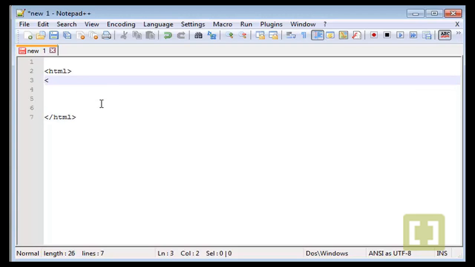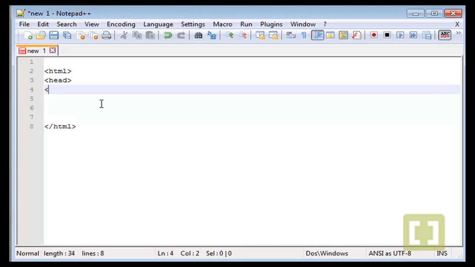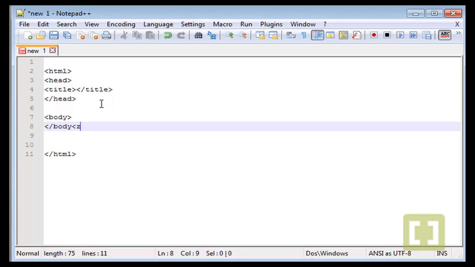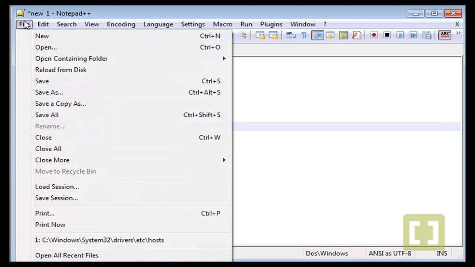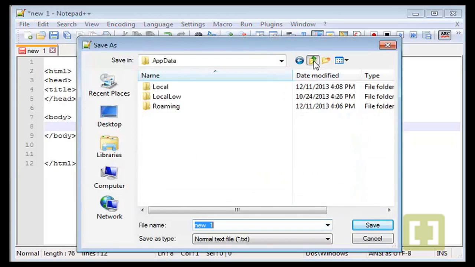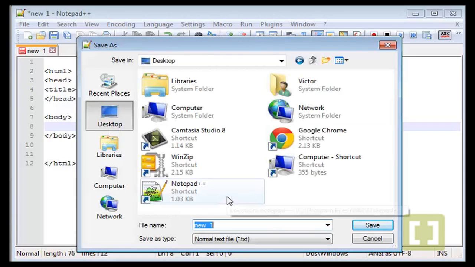If you remember from the first chapter, we just create HTML tags and then the head, close head, and then we can type here title, close title, and the body section, close body. Okay. Now let's save this. I'm gonna save this on my desktop and call it